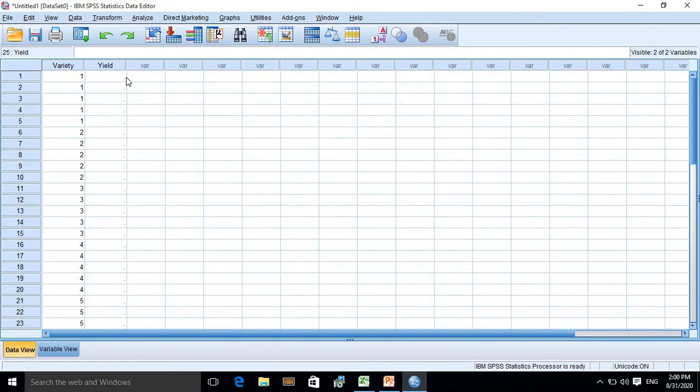Then you can enter the yield values in the yield column with respect to each treatment and its replicate.